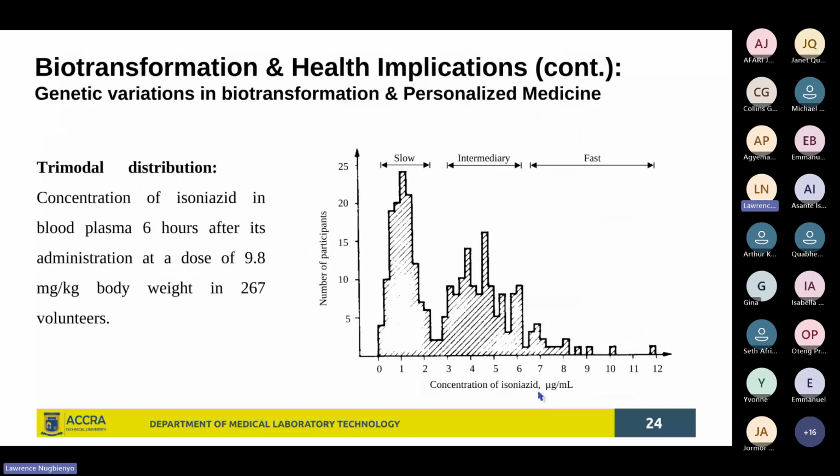Now, just to look at some health implications and how some of this knowledge can be applied in terms of personalized medicine, knowing that the metabolic processes in organisms will not be the same. There are certain cases where you have some genetic variations, whereby a drug can undergo a slow metabolism in some individuals, whilst in some you have an intermediary rate of metabolism, whilst in some you have a very fast metabolic rate. In these cases, the dose that should be given to individuals should be individualized or customized. Other tests need to be done to know the specific dosage that should be given to